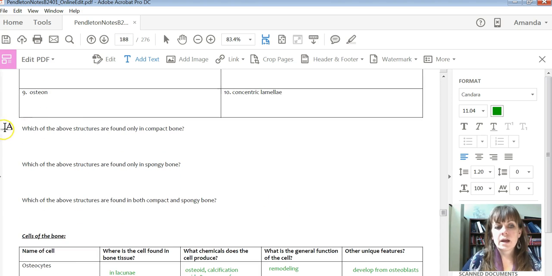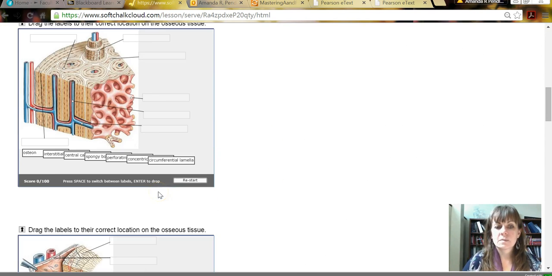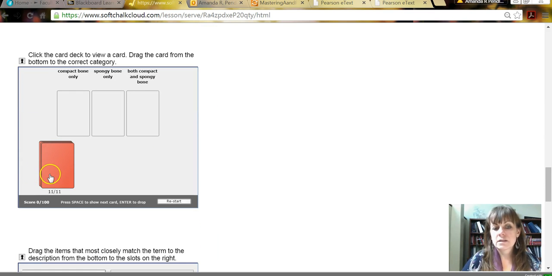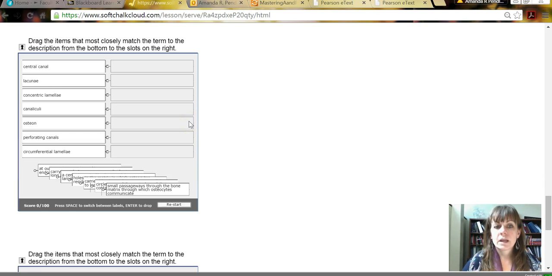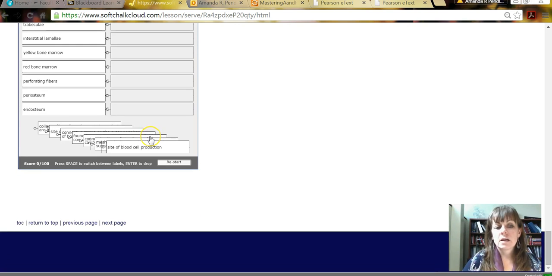And then I'd go through that and ask yourself which of these structures in that chart are only in compact bone, which are only in spongy, and then which are found in both. Additionally, you'll get some help working through this material. One, a labeling activity, several of them. And then here's a place to sort those structures again, if it's only in compact bone, only in spongy, or in both. Okay. And then here as well are some descriptions to help you recognize it as you're thinking about putting these things into your own